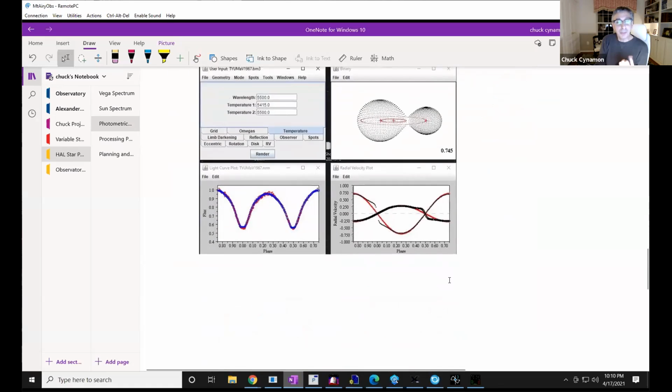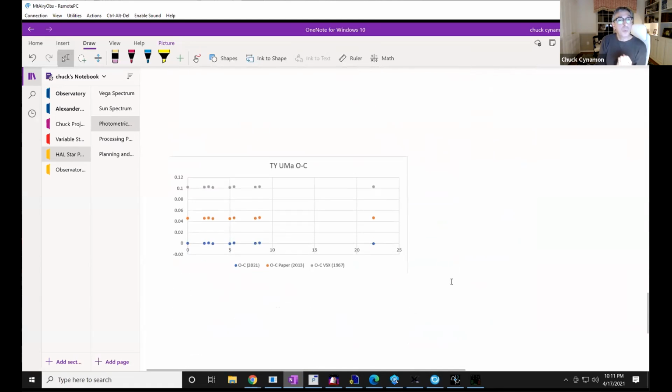But the interesting thing was when I started comparing my eclipses, and this is the punchline here, doing something called observed minus calculated. The calculated is based upon an epoch that you use as a standard. And then you take your observations and compare them against it, and you see how it varies over time.